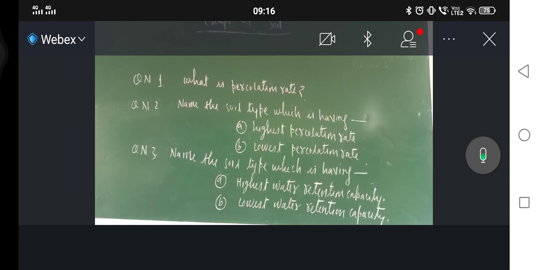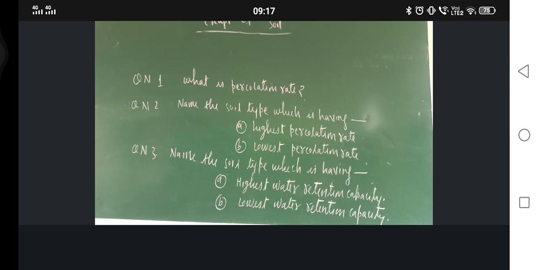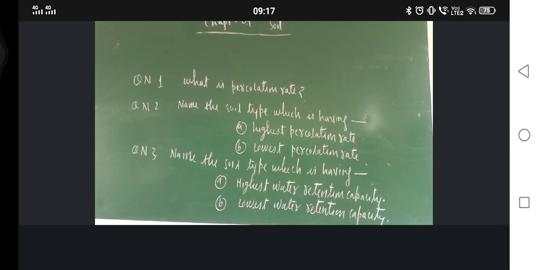So let us move towards another property of soil, which is called moisture in the soil. Just do one activity at your home. What is that? Collect some soil sample, take the soil sample in a test tube and heat it on a burner. What you will see is that in the upper portion of the test tube, water droplets are there. So from where have those water droplets come?